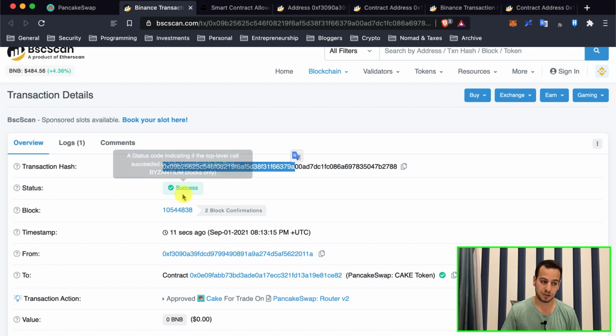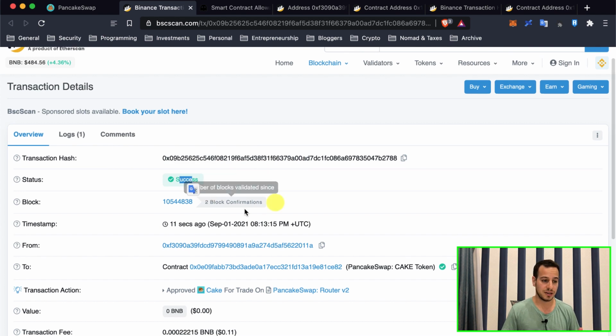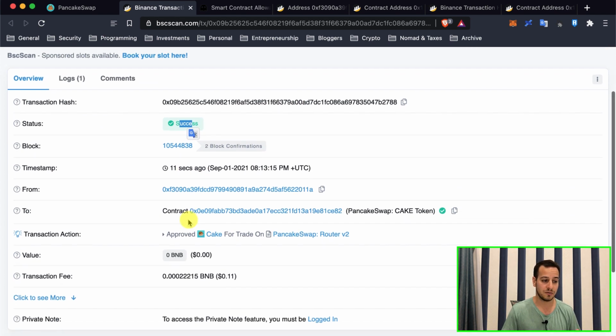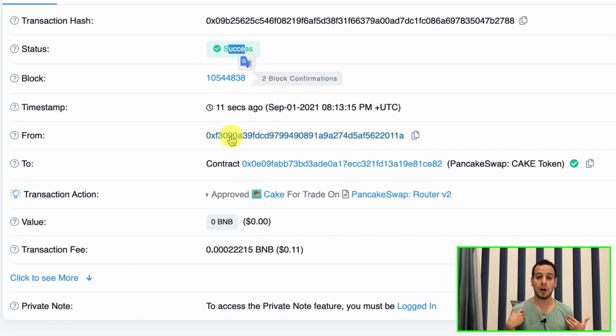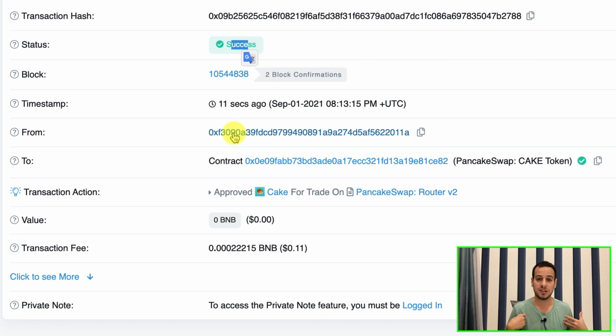So here you can see the transaction hash, the status is success, confirmations, timestamp, etc. The important things that we need to look at is actually the from, which is my wallet address. Basically, this is my wallet address because I was the one who initiated and sent the transaction. And two, you can see that the transaction has been sent to a smart contract that represents the cake